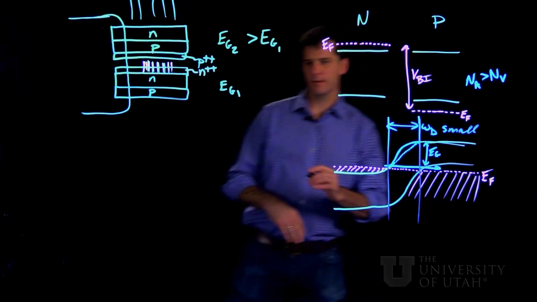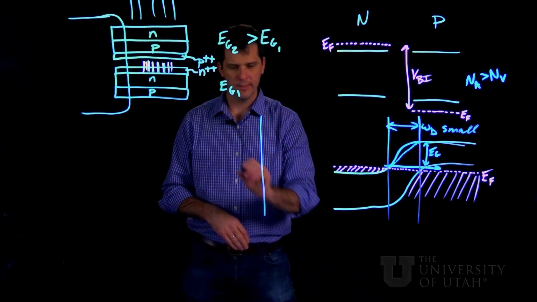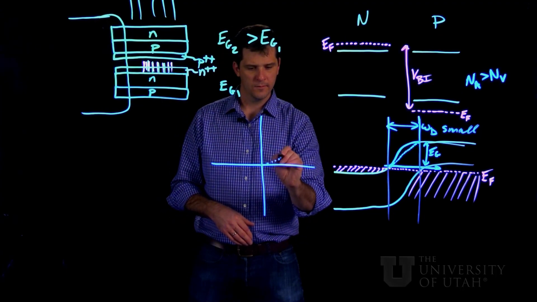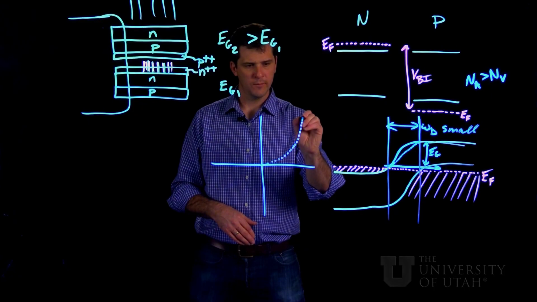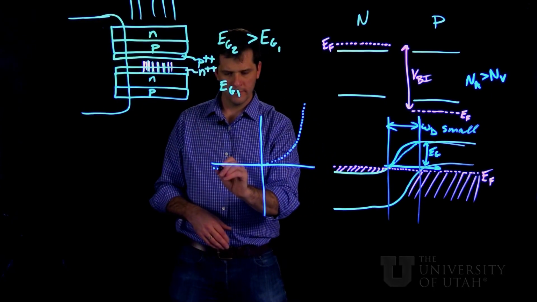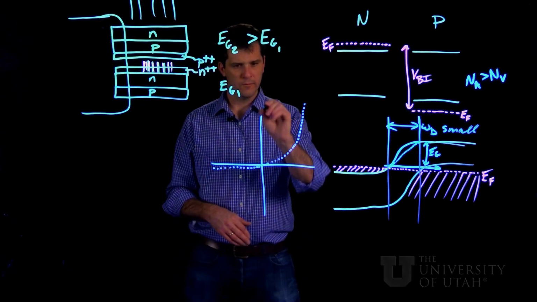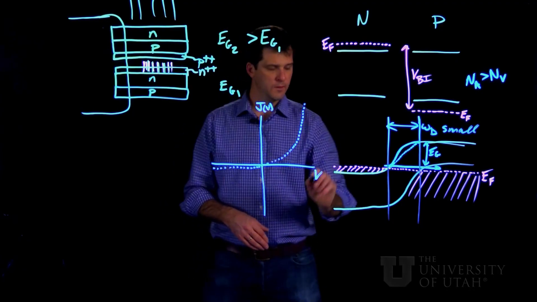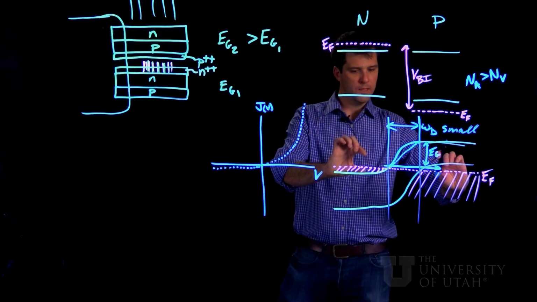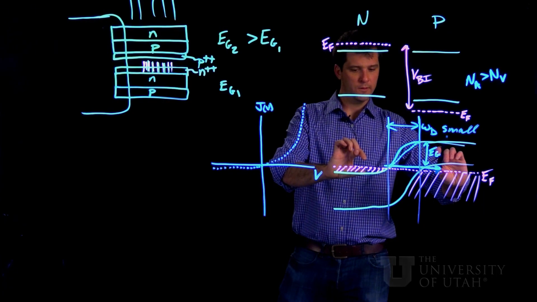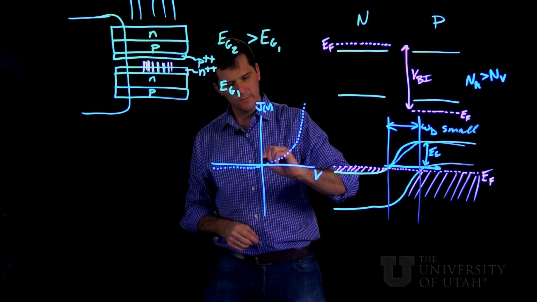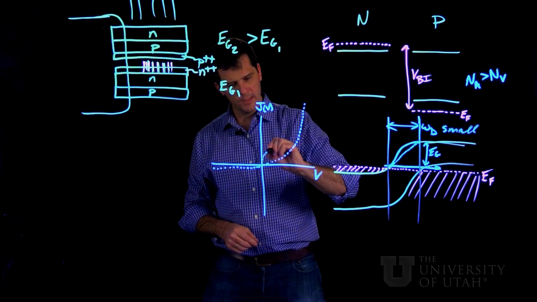So what does this look like on the IV curve? Well, this is a different kind of current than the normal forward bias diffusion current we've been talking about. So here's our normal forward bias JV curve for a plain old PN junction. But because of this band overlap between the conduction band and valence band, which is induced by the degenerate doping on both sides, we actually induce this extra tunnel current, which happens